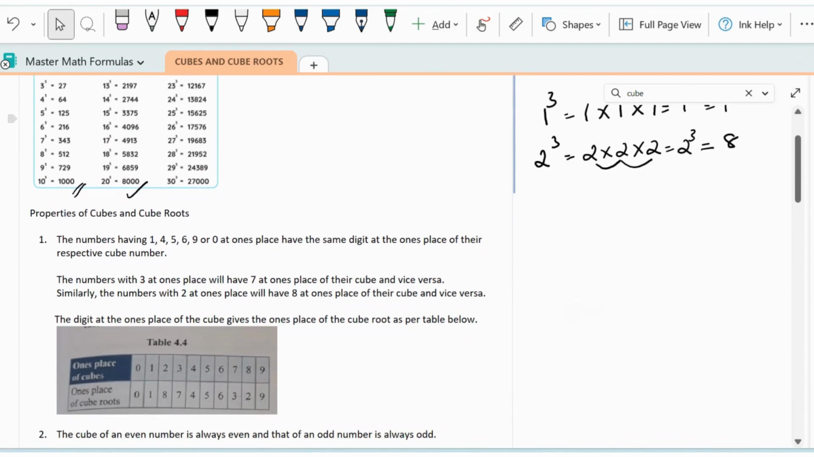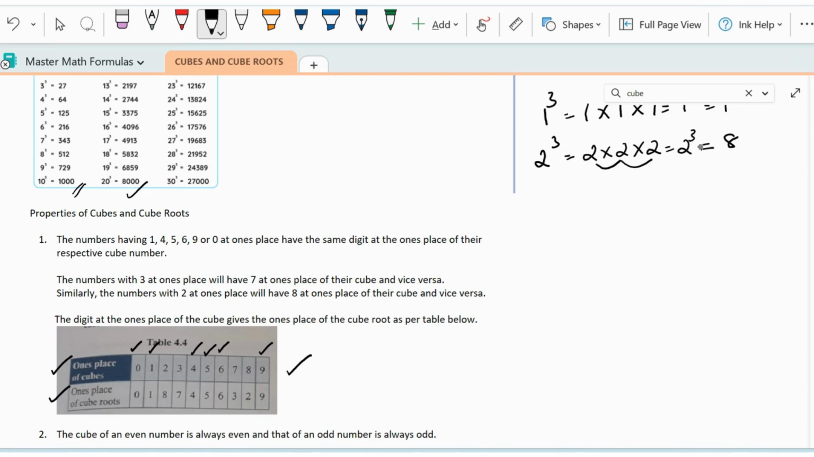Like you studied about the squares and square roots, ones place. Here the first property is to do with the ones place of the given number and identifying what would be the ones place in the cube of the given number. Now for the sake of convenience, there is a table here. Now if you see, this is the given number and this is the cube of the given number. Okay. So the ones place of 0, 1, 4, 5, 6 and 9, if you see, the cube of the